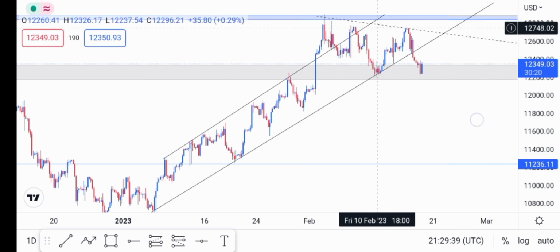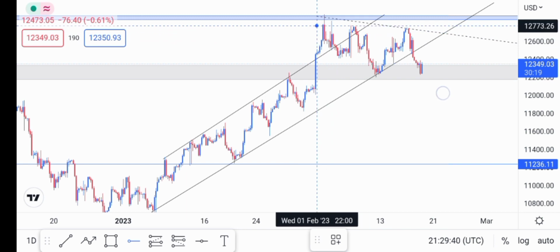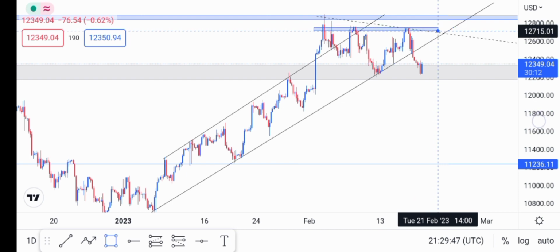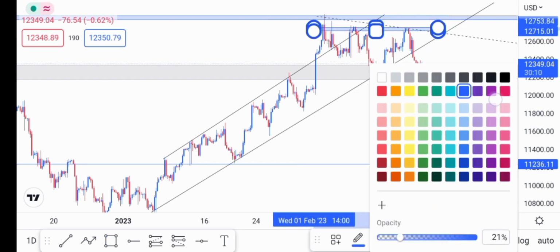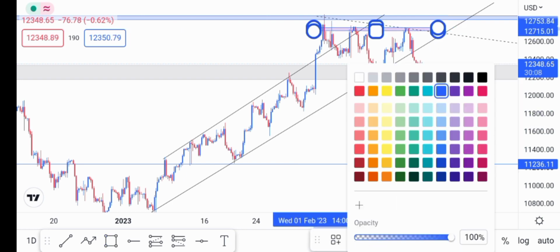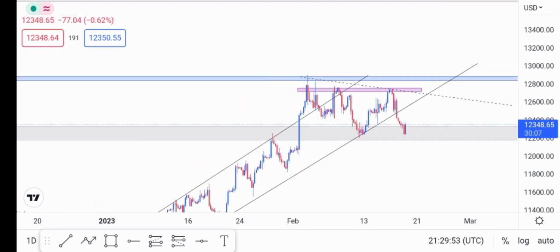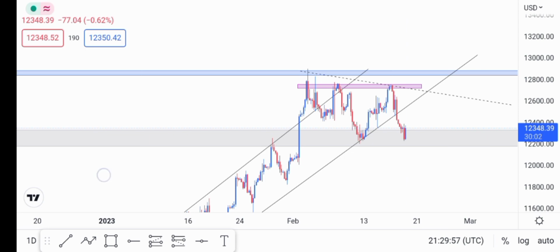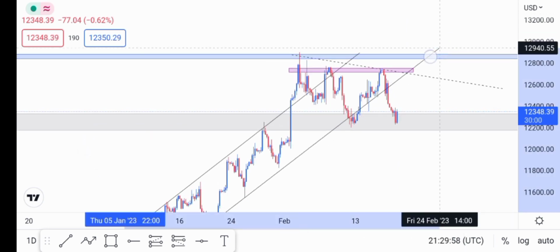Touch this area here. Let us mark this area as well. Seems quite significant as well. So we can use this over here. I'll just change the color to red or pink, purple, whatever. So you can see this level here has been respected. So if I were to remove this line over here, this line over here,